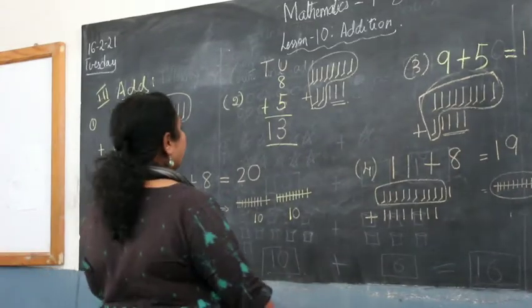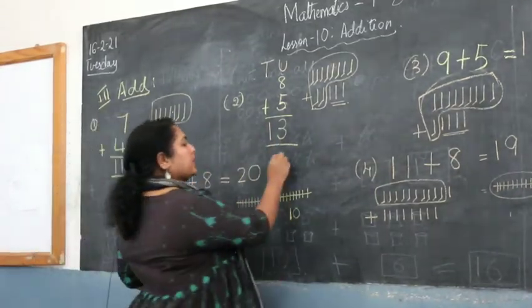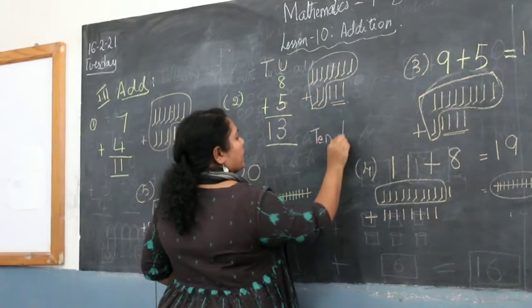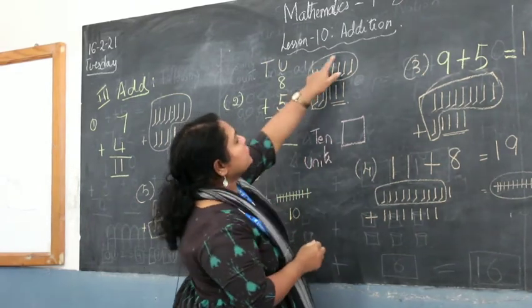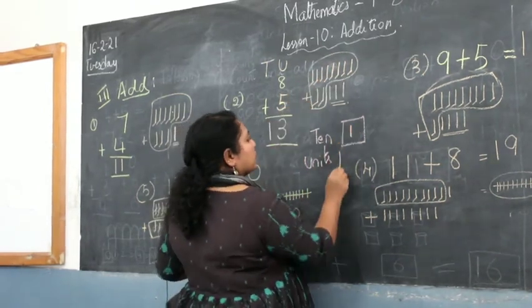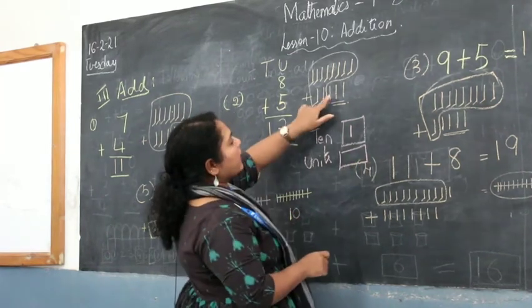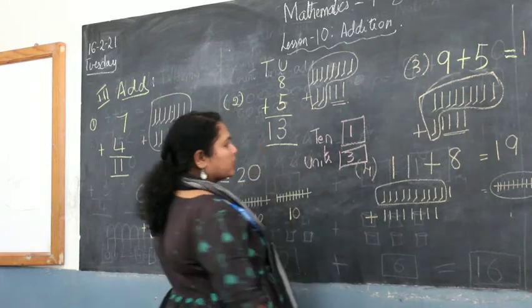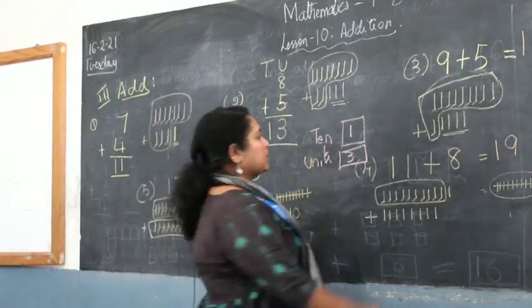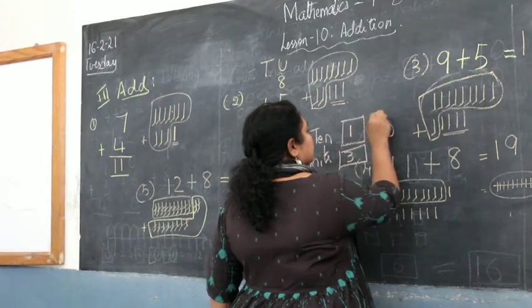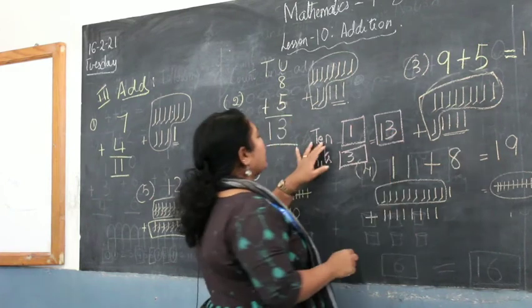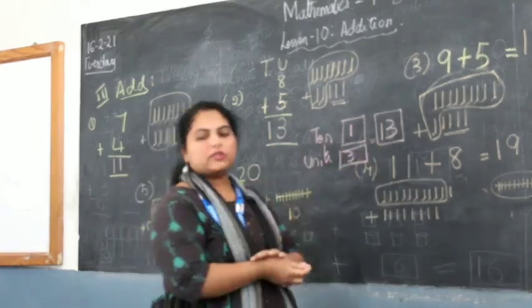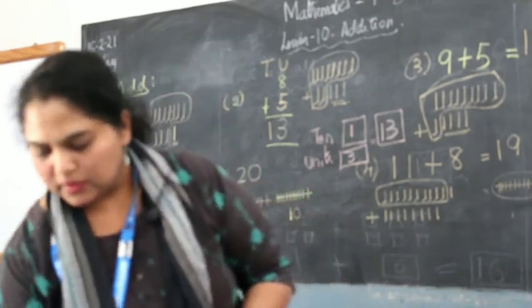And how do we represent the numbers? In tens and units. So when you have the number 13, it will be tens and units. So how many tens did you get when you grouped up? 1 ten you got. When you grouped up the units, how many units did you have? 1, 2, 3. So 3 units. Okay, 1 ten and 3 units, which will give you 13. That's how you will be writing here.